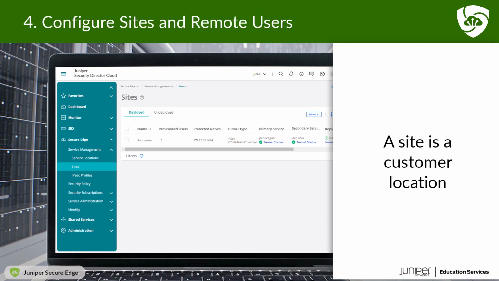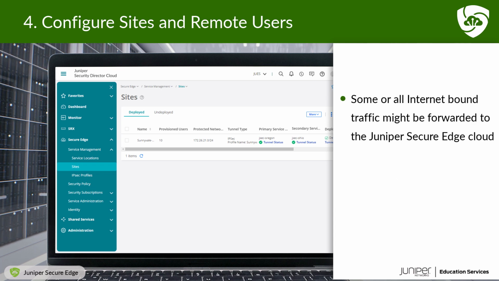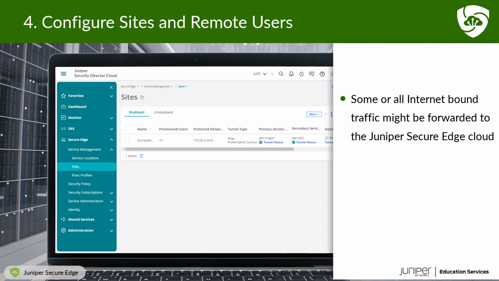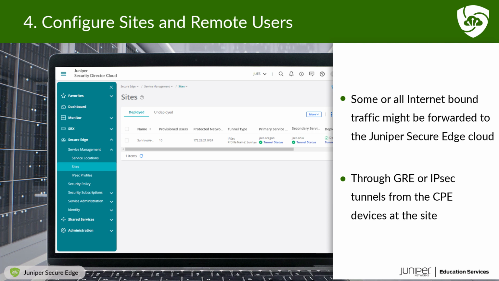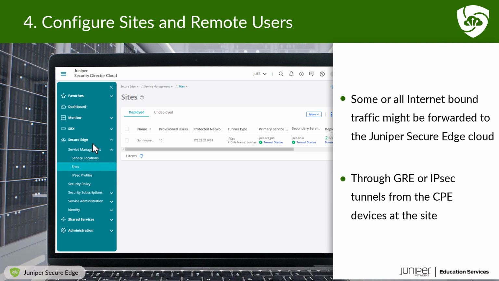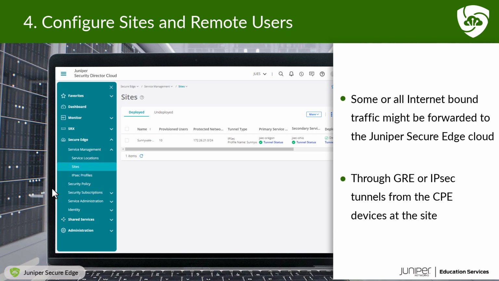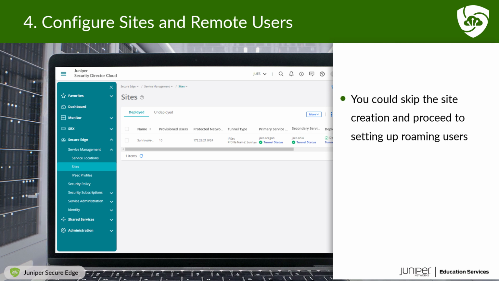A site is a customer location such as a branch or office. Some or all of the internet-bound traffic from customer sites might be forwarded to the Juniper Secure Edge Cloud through GRE or IPsec tunnels from the CPE devices at the site. To create a site, select the Secure Edge Service Management Sites menu option. If you are not connecting any branch offices to the service, you could skip the site creation and proceed to